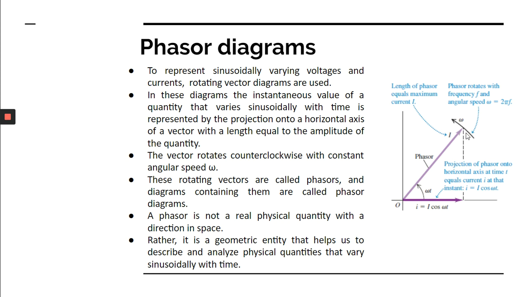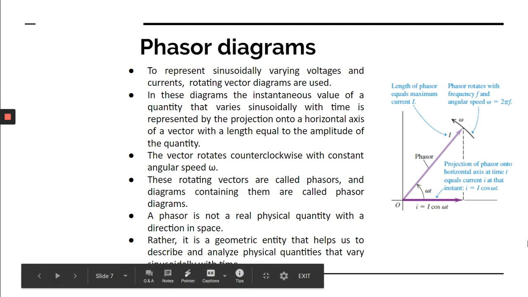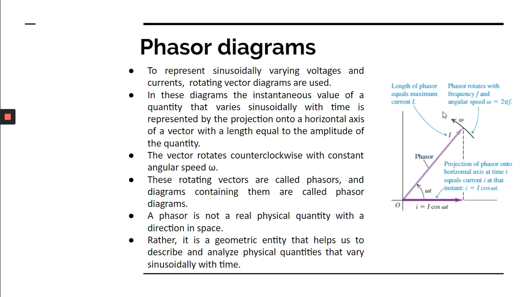And you see, this is mentioned as if it is in the form of a rotating vector. It can rotate counterclockwise, or you can say anticlockwise, and the angular velocity at which it rotates is omega. If you imagine a circular motion or oscillation, this is more or less the same thing. Now come to the exact point: what is a phasor diagram?